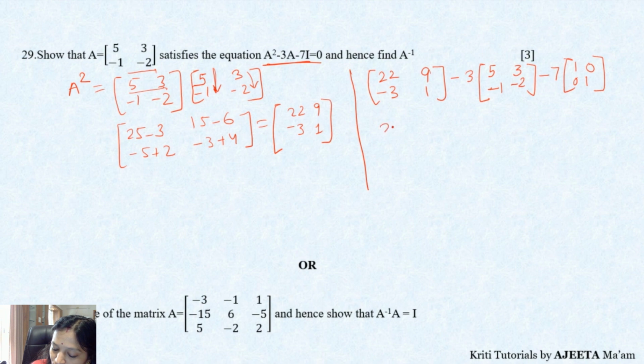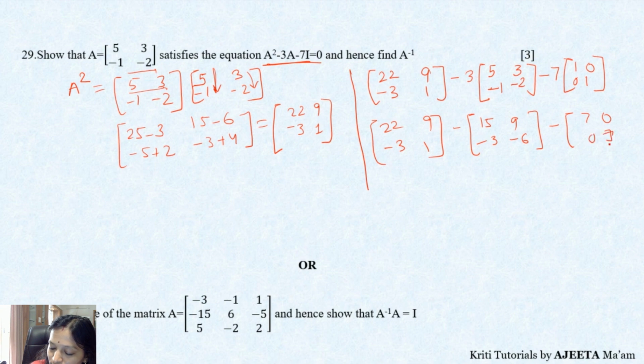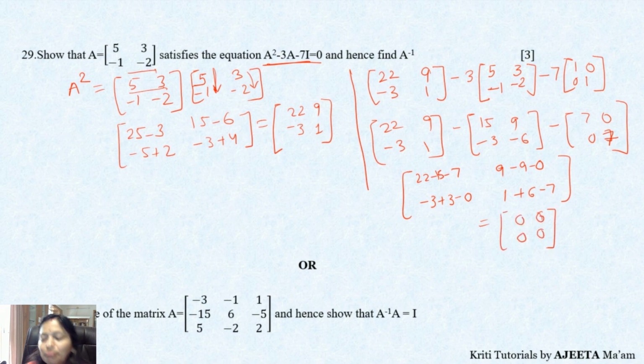So we are solving the left hand side and we'll make sure it's equal to the right hand side or not. Okay, now let's make it. So 22, 9, minus 3, 1 and minus. Now let's multiply: 15, 9, minus 3, minus 6, minus 7, 0, 0, 7. Now we will simply use the concept of addition and subtraction. So now what will we get? 22 minus 15 minus 7. That's the first. Corresponding elements you have to do. Minus 3 plus 3 minus 0, and then we get 1 plus 6 minus 7. So we get 0 0 0 0. So this is simply satisfying the right hand side. Okay, so this is satisfied and hence